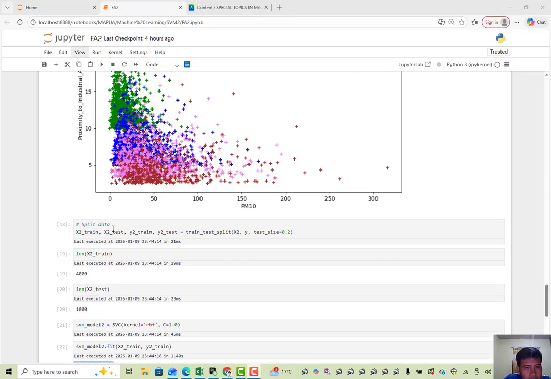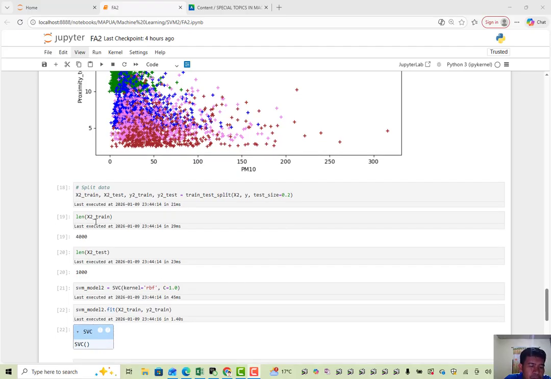Next, I also split the data, same as the first split, which is 80% for train data and 20% for test data.